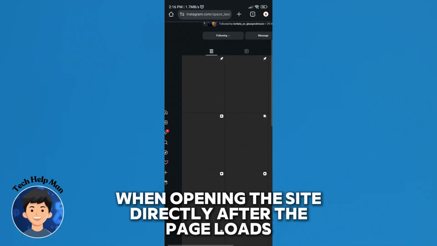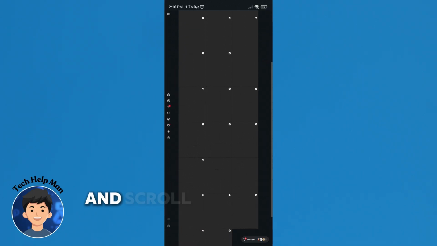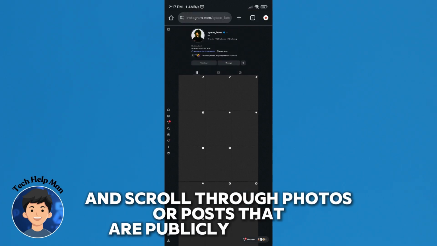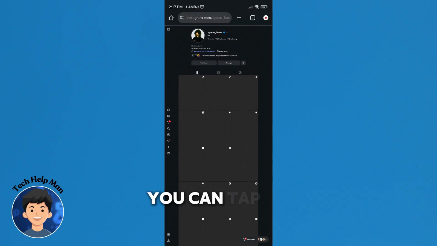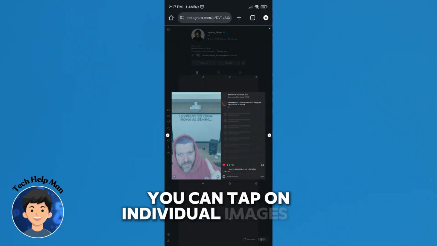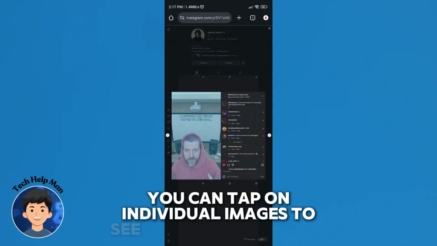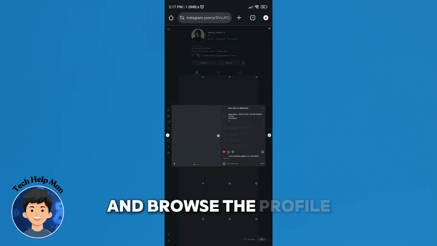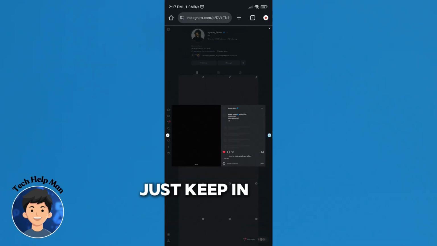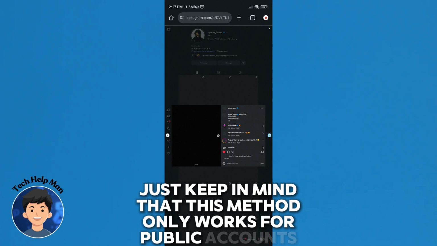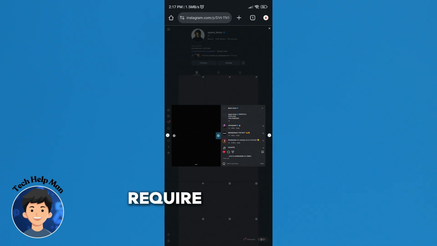After the page loads, you'll be able to view the profile and scroll through photos or posts that are publicly available. You can tap on individual images to see them more clearly and browse the profile like a visitor. Just keep in mind that this method only works for public accounts since private profiles require you to log in